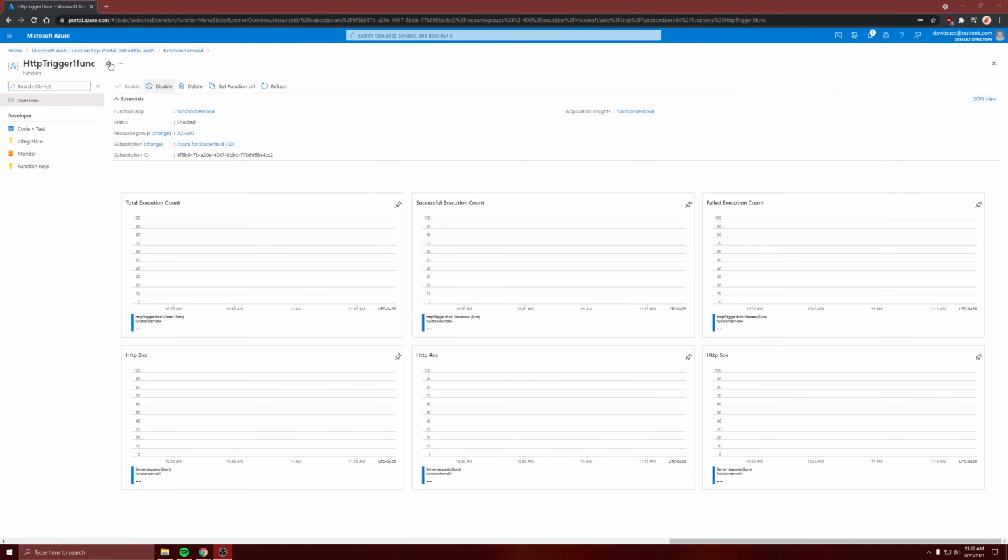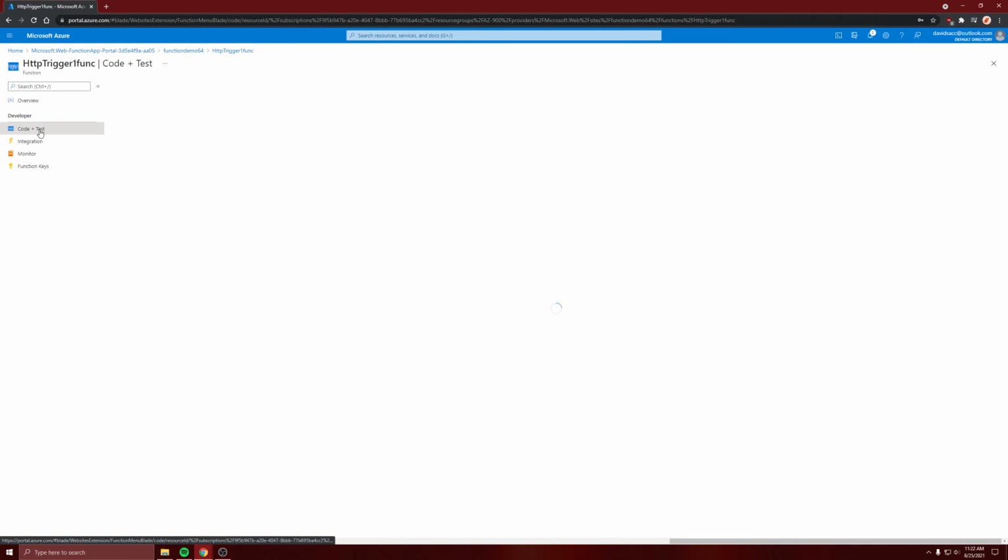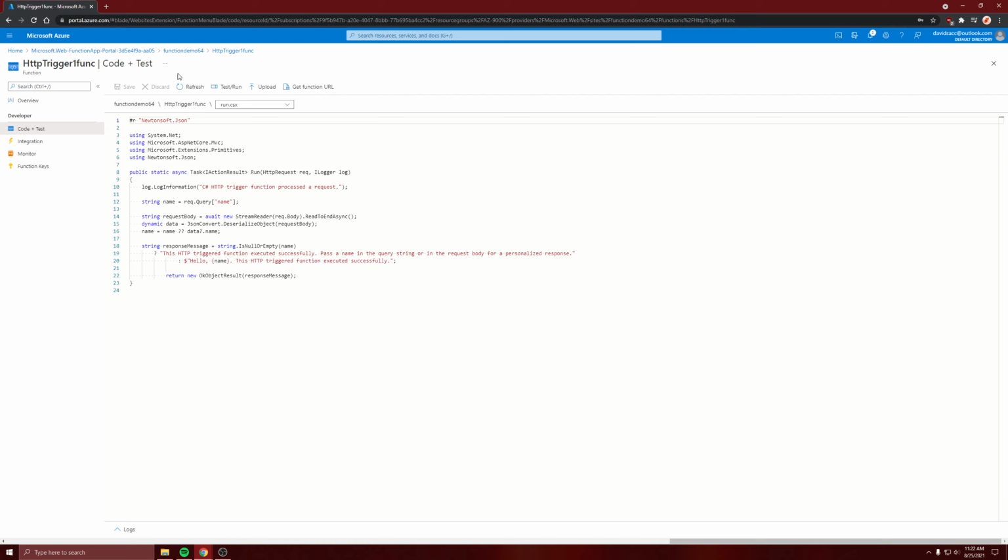Okay, so after it creates a function, it puts you in the overview of it. So let's do code and test. And so it gives you some default code. But let's test and run,